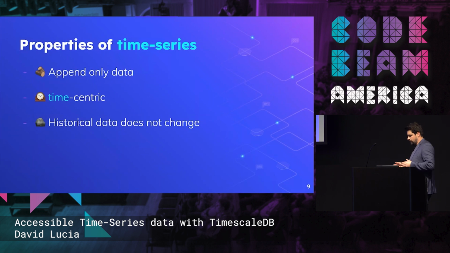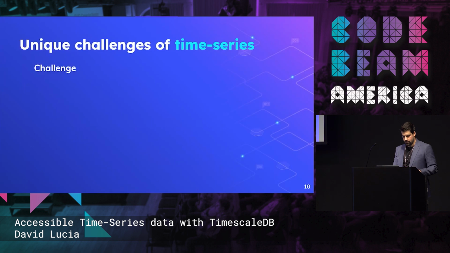So in our heartbeat example, and for any time series example, there's 3 properties that really make time series data unique. One is that it's always appending data, so you're never adding data to the middle. It's always, only adding to the end. You're not adding to the beginning. The other bit is that it's time-centric, so there's always a time component. And the third is that it doesn't change. Once an event has been created in a time series, it's typically immutable. So with this become unique challenges that we need to deal with when we're producing data over time.